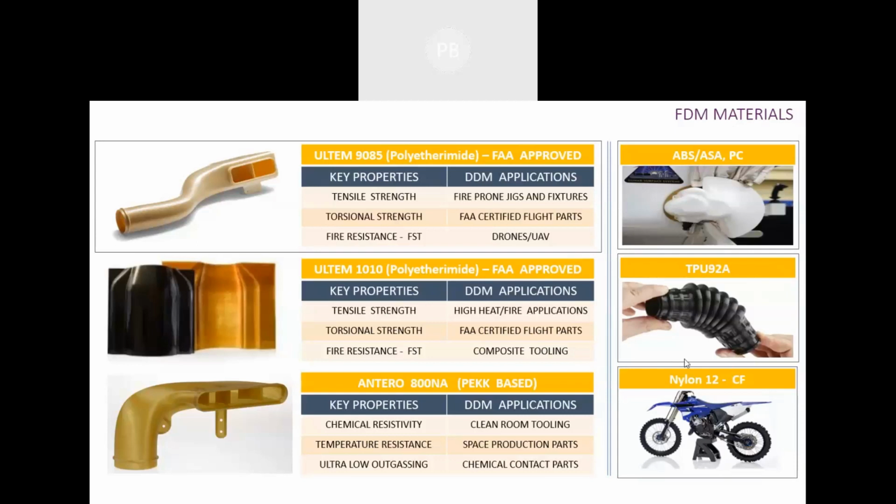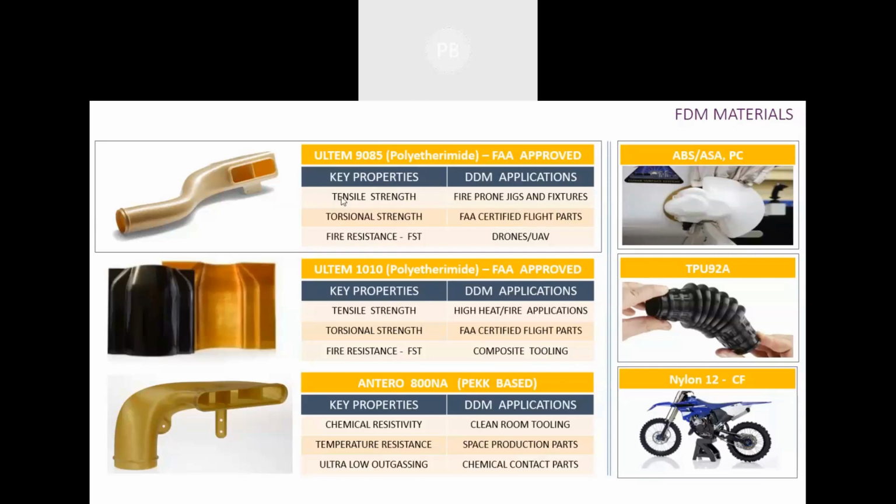Then comes nylon 12 carbon fiber, which is a nylon 12 series material mixed with carbon fiber. Nylon 12 mixed with carbon fiber gives us parts with excellent properties. You can see the bike is completely standing on that printed part. It's like a bike stand, and the complete weight of the bike is on that part. It is taking the entire load of the bike, and bikes of around 100 to 150 kgs are easily available. So it can withstand that kind of load. Nylon carbon fiber is used for very high strength and high utility purposes, as a functional part.